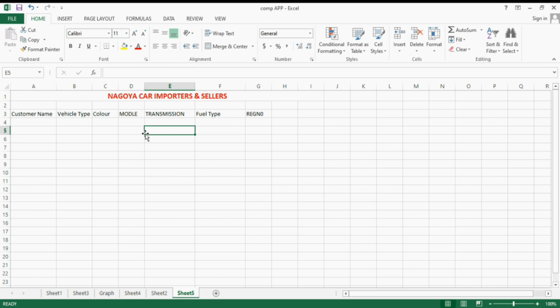All right. Today we are going to look at how we apply formulas, how we apply data automation in a simple system. For example, I've come up with a system of Nagoya car importers and sellers. I would assume this is kind of how their database should have looked. Could have customer name, the person who is going to come and buy a car. We have vehicle type, the type of vehicle the client wants to order, and the color. The model is the manufacturing date,